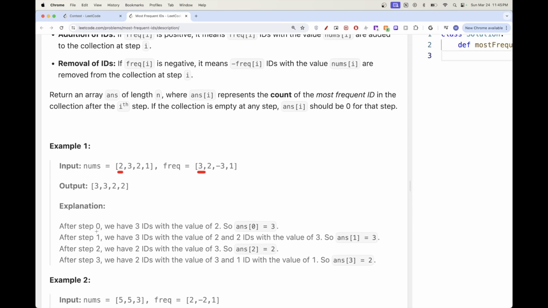So for example, position 0, we have only 3 of value 2. And so we put 3 here. For step 1, we have 3 2 times. So we have 3 2 times and 2 3 times. So the max frequency is still 3. For step 2, we have 2 but minus 3 times. So that cancels out the 3 that we had initially here, right? And so now we have 0 2s